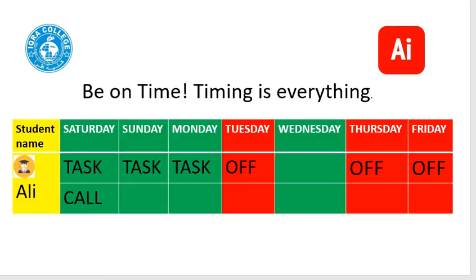Okay, so let's keep going. Let's say Ali doesn't have to do the call on just Saturday. He can do the call on Sunday if you want. It's fine. He can do the call on Monday. The important thing is he does the task 3 days in a row, and he does a call with one other student at least within those 3 days. If he does the call another day, like this day or this day, it doesn't count, and he doesn't go to the next level.